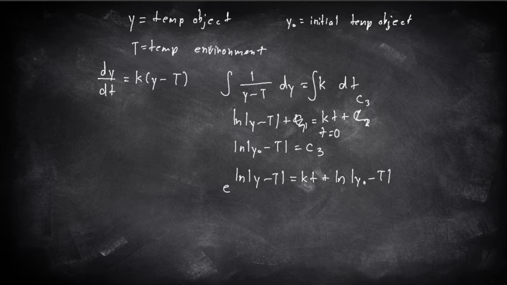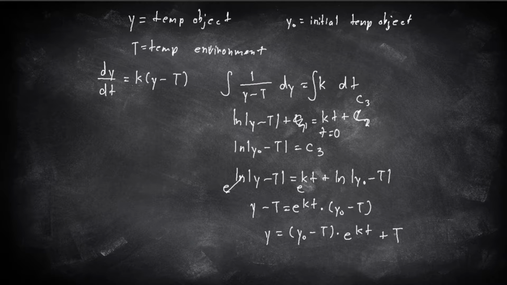We don't want to work with natural log, so let's raise them both to a power of e. E to the natural log cancel each other out, so that's just y minus T. E to the natural log of e to the power of kt times e to the power of natural log of y minus T. That's just y naught minus T. And then we could just move T to this side, so we isolate our y. So y is equal to, make this a little bit nicer, y naught minus T times e to the kt, and then plus your T. And that is the original equation of